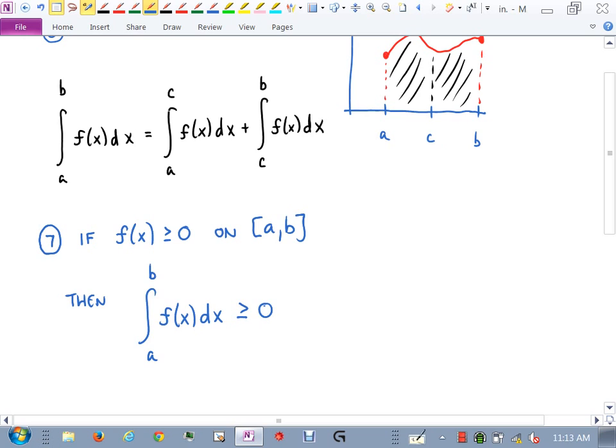Now this may not seem like a very useful thing, but a lot of times we can't figure out integrals. I mean, antiderivatives, I should say. We spent a lot of time trying to figure out antiderivatives of functions, but in reality, if you were to close your eyes and put your arm into the bag of functions and pull one out and say, can I integrate it? The probability of you being able to integrate it by hand is actually 0. This is like a number theory thing or a measure theory thing. We don't need to get into it, but really, in real life, we can't integrate a lot of